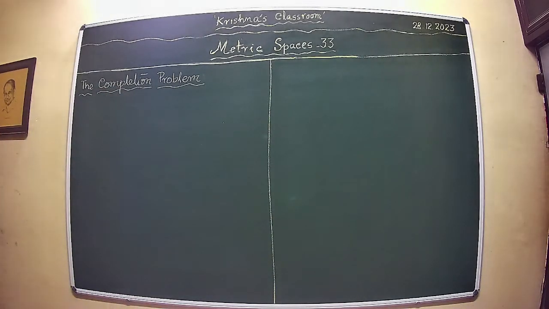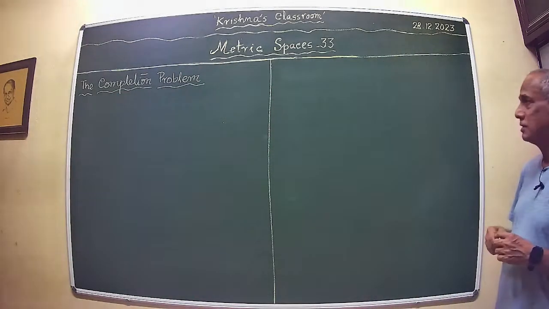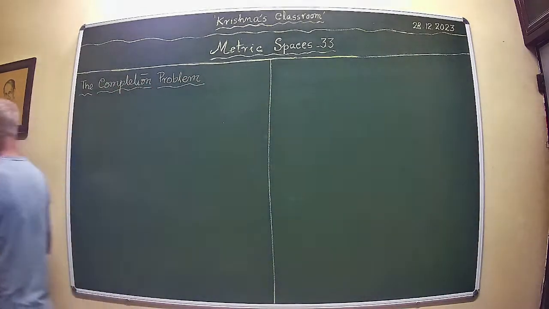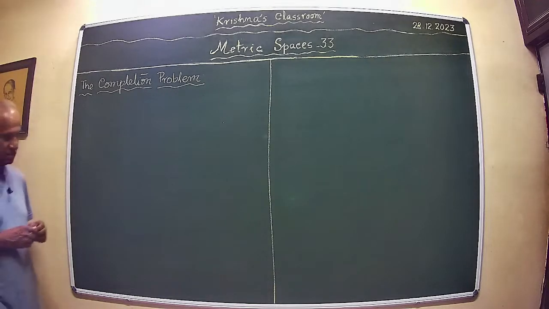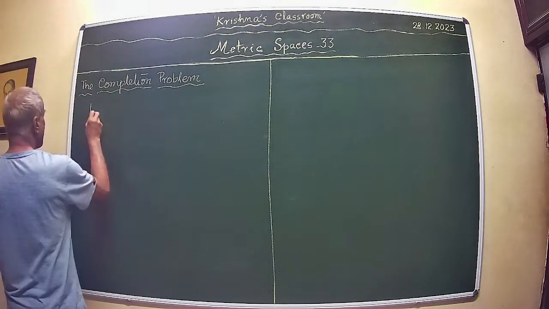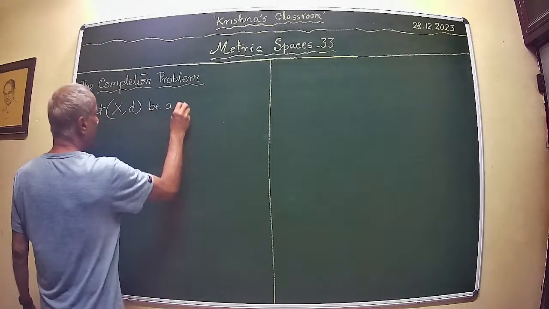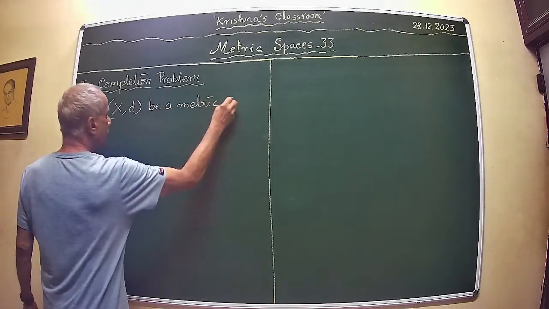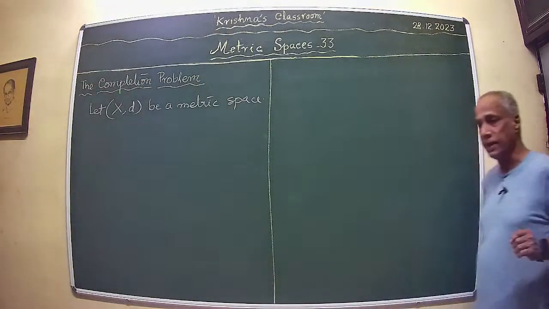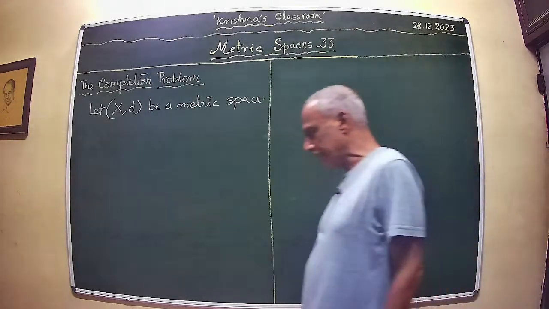We begin with another topic on metric spaces, which is an important concept. So, let X be a metric space. Now, just recall what we mean by the space is complete. Before that,